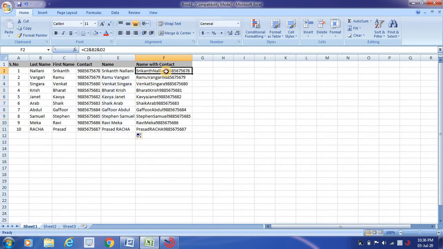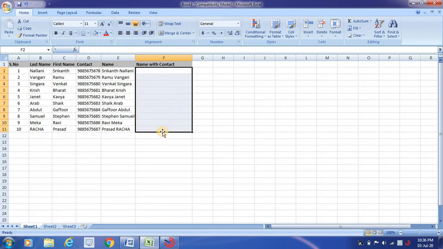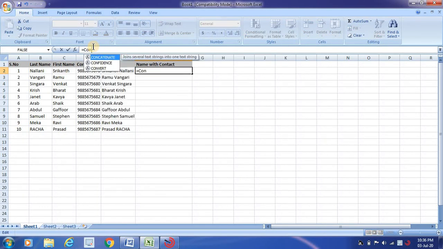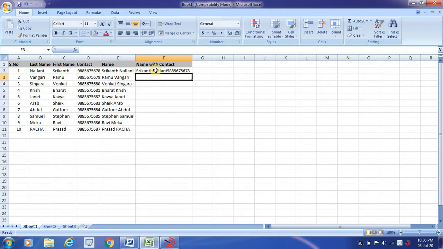Now I will show you one more way of doing the same thing using a formula. If you select this cell and press is equal to, you will have an option called concatenate. Here you select the first one, comma, second one, comma, and the third one. You can do it either of the ways I have shown. Based upon your comfort level, you can make use of the built-in function, or you can make use of the ampersand symbol to join cells.